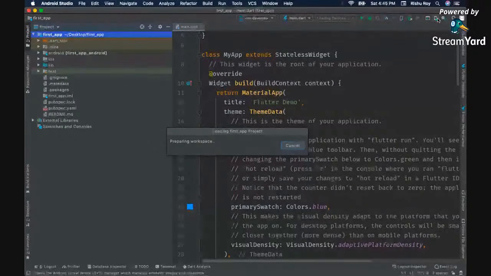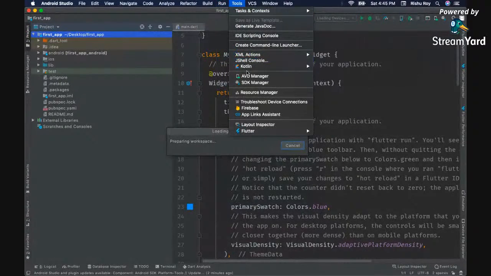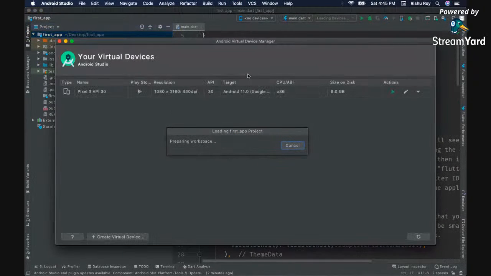You have to click on this AVD Manager button, or you can also do this from this Tools menu here. So go to this Tools menu and search for AVD Manager. So here comes the option AVD Manager. Just click on this button, and now it will give us